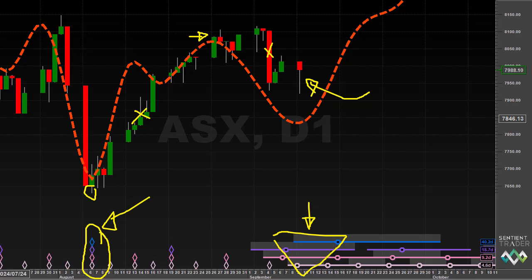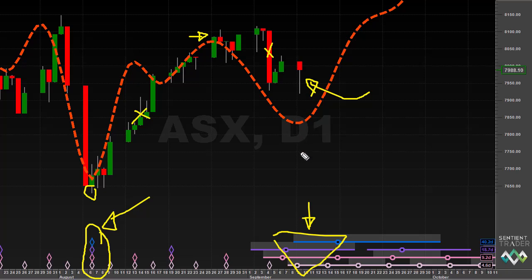The composite model line in the ASX provides us with some more bullish information. I pointed out in the Nasdaq that when there is a divergence between price and your composite model line, that gives us a clue as to some non-cyclic influences perhaps that are happening in the markets, or at least influences that do not match exactly the analysis on your charts. And here we have a bullish divergence.